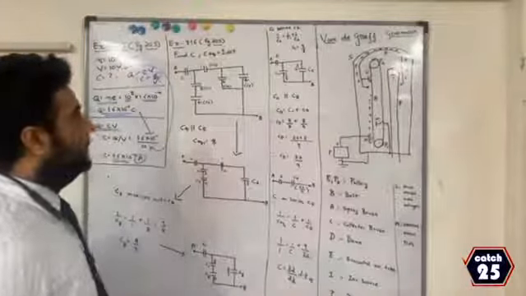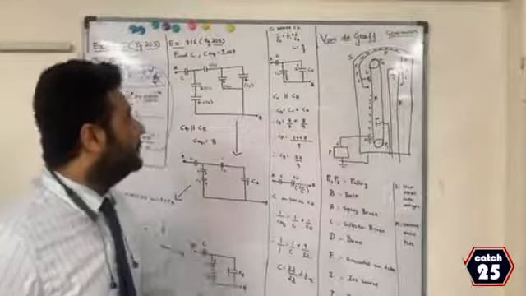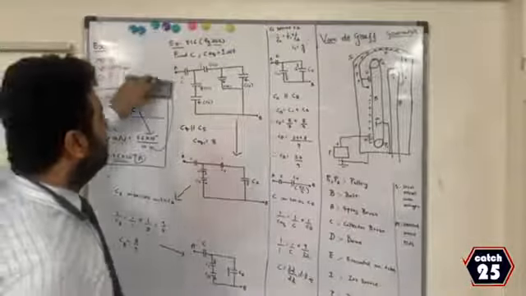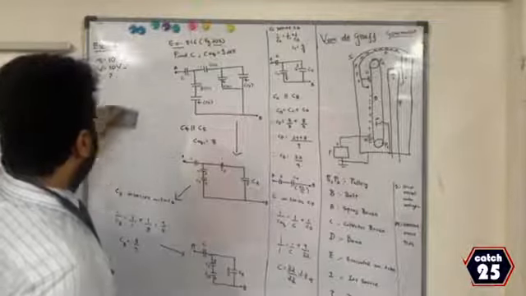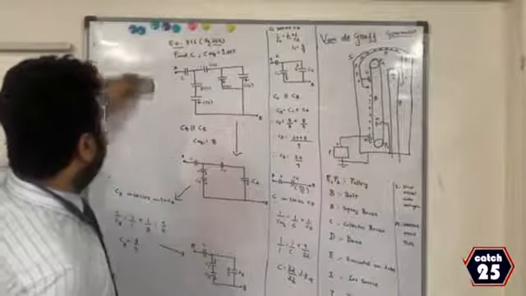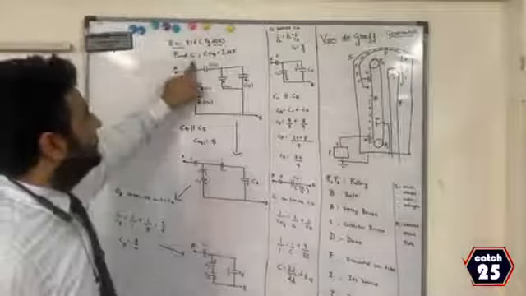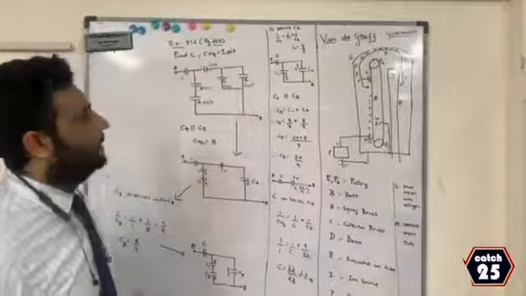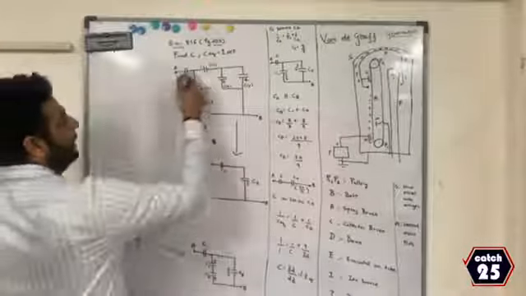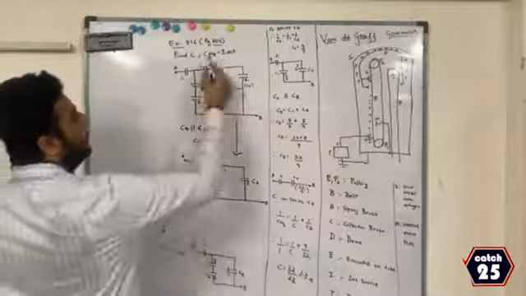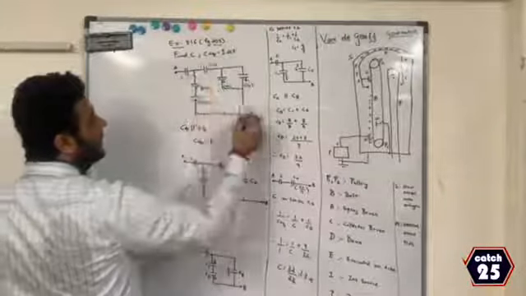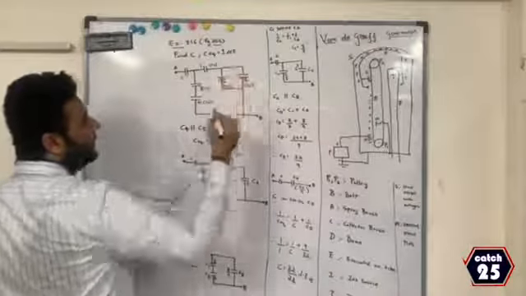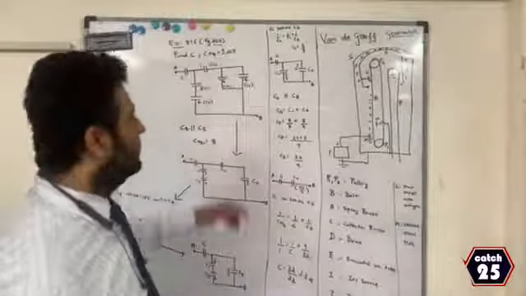Now, let me go to the next problem, the immediate next problem, example 8.16, page number 205. They have asked to find C, which is over here, and they have given the equivalent capacitance between A and B as 1 microfarad. If you look at the diagram, I have to find this particular capacitance. They have given C1, C2, C3, C4, C5, all in micro. Therefore, I have just written the numbers.